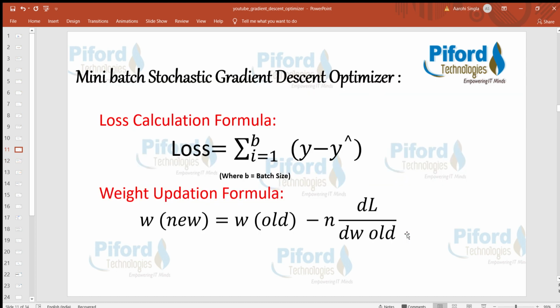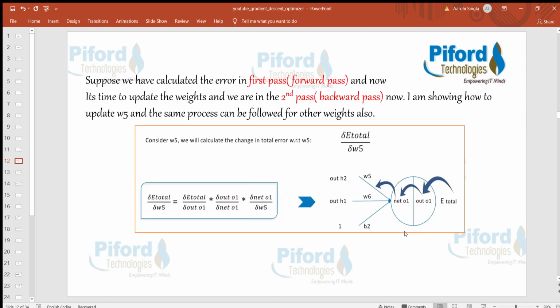So this is the difference between these three optimizers. Now, let me show you mathematically. I've given you a basic idea of the main difference between these three optimizers. Now I'll show you the whole thing by using a practical example. Suppose we have calculated an error. I'm not showing you the code for the forward pass of back propagation. Over here, what I'm showing you is that after applying the forward pass we already have an error, and now we want to update the weight in the backward pass.